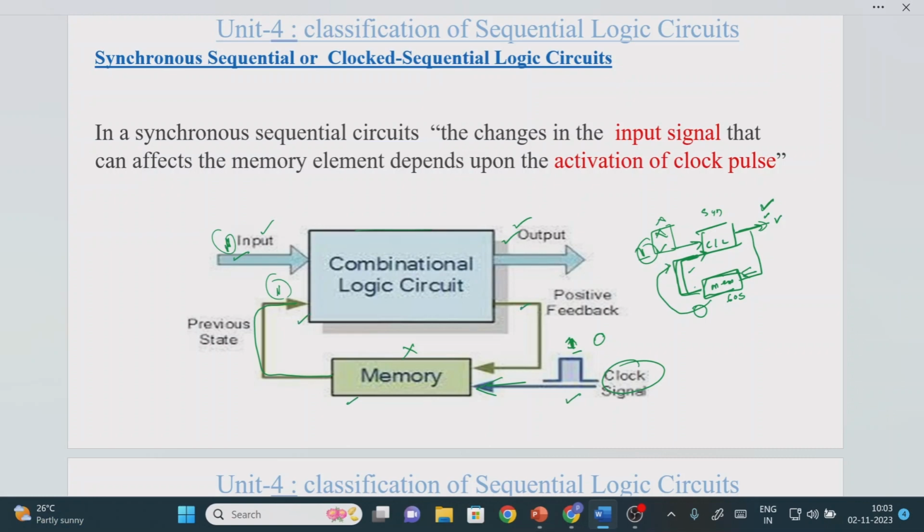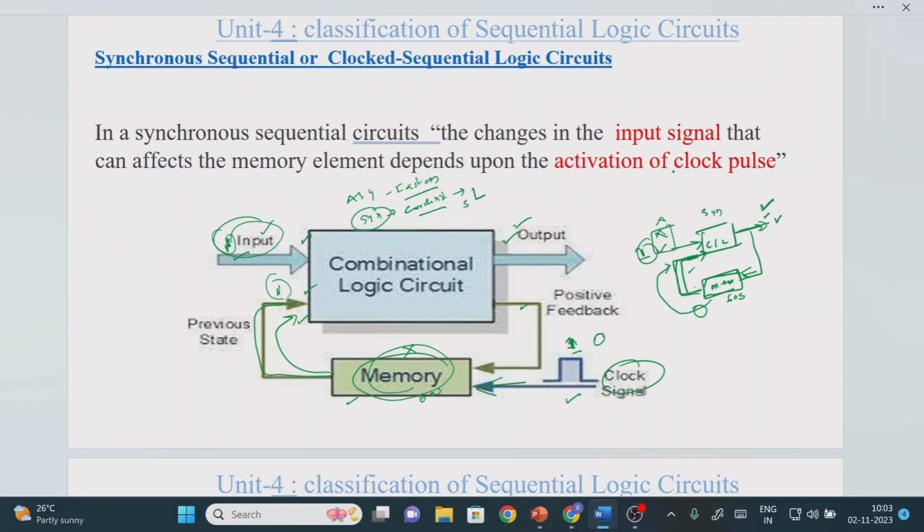But in the case of an asynchronous sequential circuit, it will not wait for our input value, and it will not affect any memory element. Once the time delay is completed, the process will run automatically. That's why asynchronous sequential circuits are much faster than synchronous sequential circuits. The only limitation is that if coordination is missed, then everything will fail. Whereas in a synchronous sequential circuit, everything is performed in coordination, the input as well as the memory element. So a synchronous circuit will never fail, right?